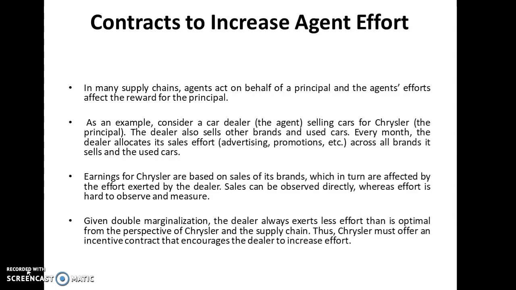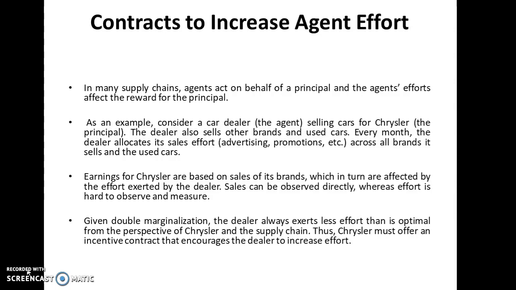The dealer also sells cars of other brands. So every month the dealer allocates sales effort in terms of advertising and promotions for all brands it sells and the used cars. That means the dealer sells different brands of cars, so it puts its efforts into all brands of cars,